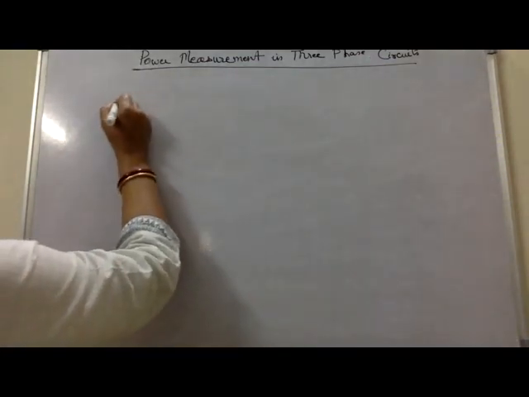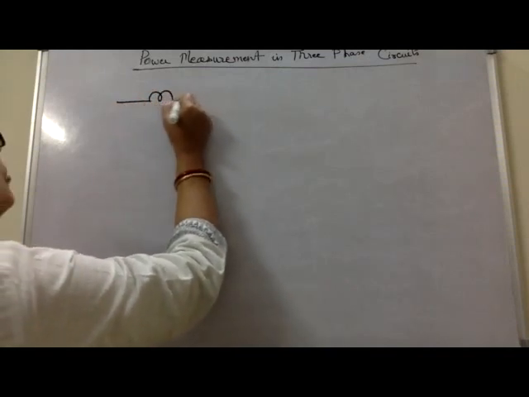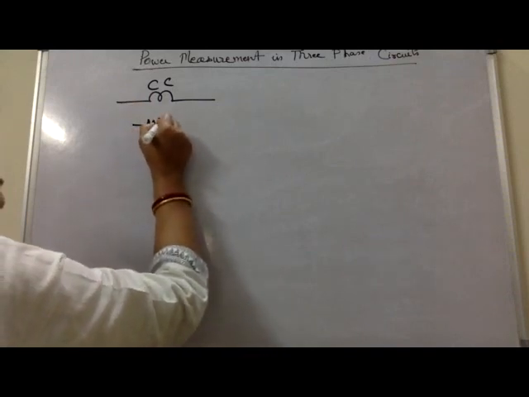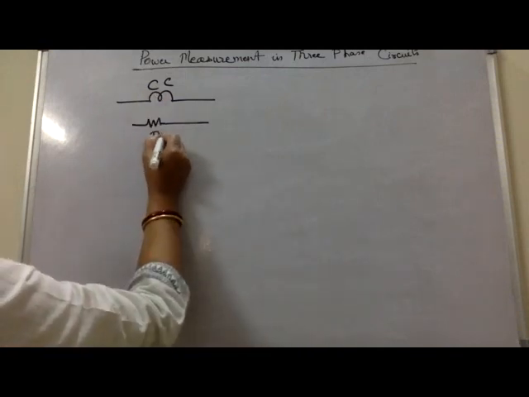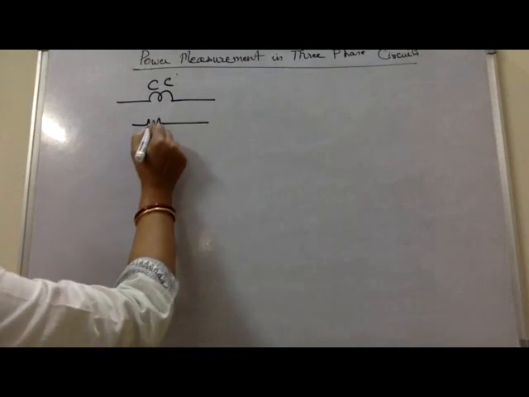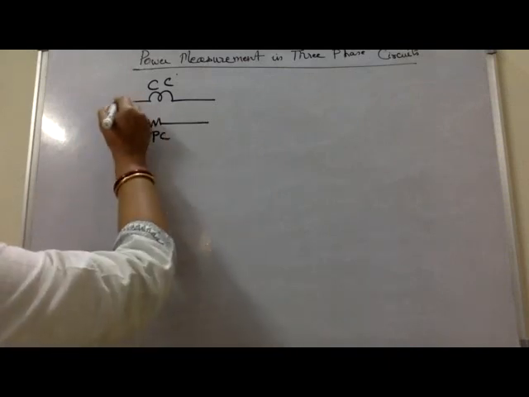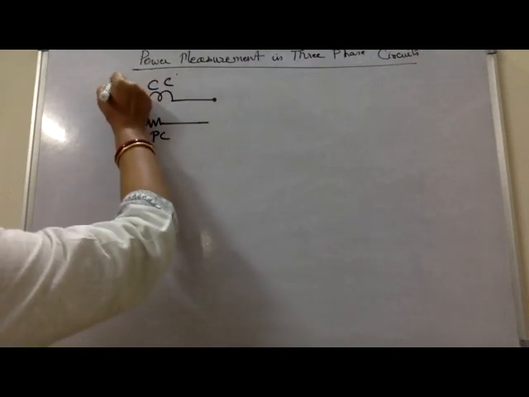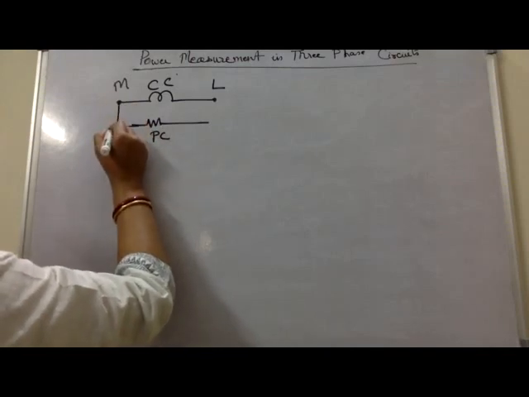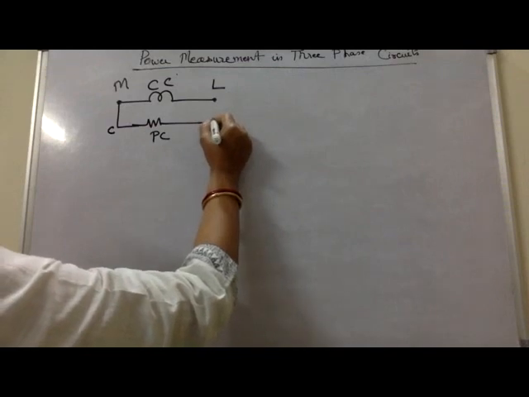The wattmeter has one current coil and the other one is the potential coil. Normally this is the nomenclature by which we designate. This is your current coil, designated by just a single turn coil, and the pressure coil or the voltage coil is designated by a resistance. If you have seen the wattmeter, the current coil is connected between M and L and the pressure coil is connected between C and V.